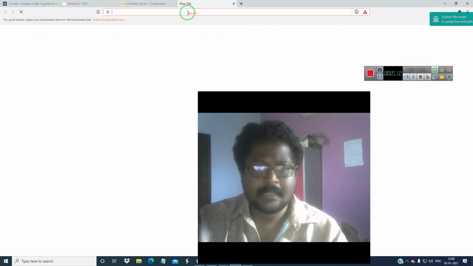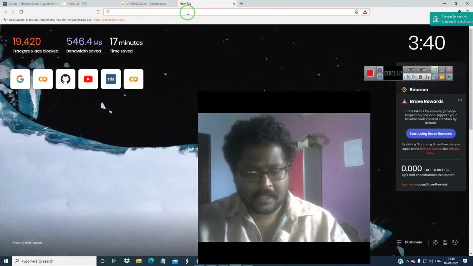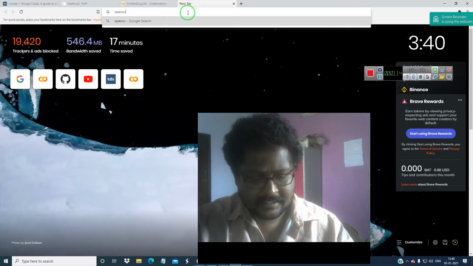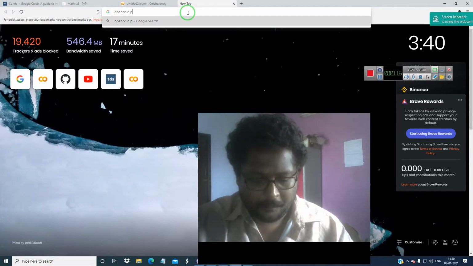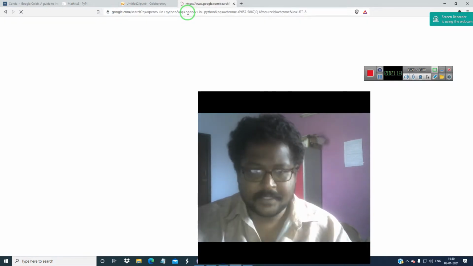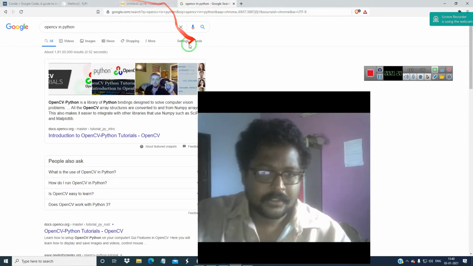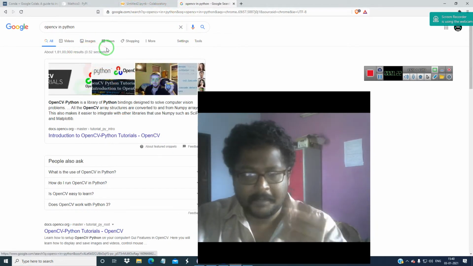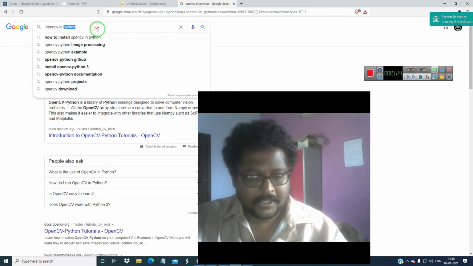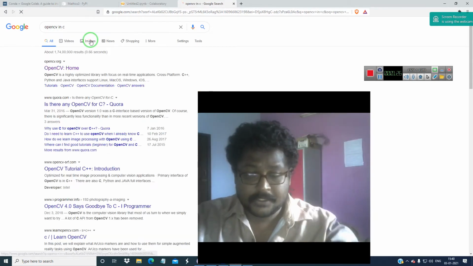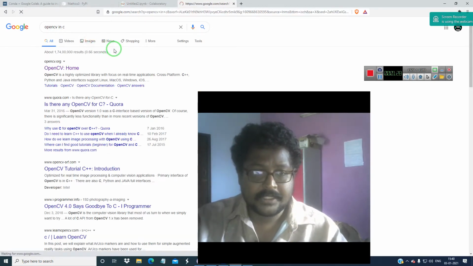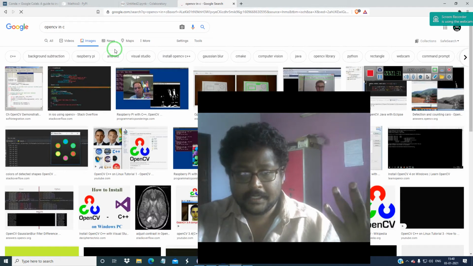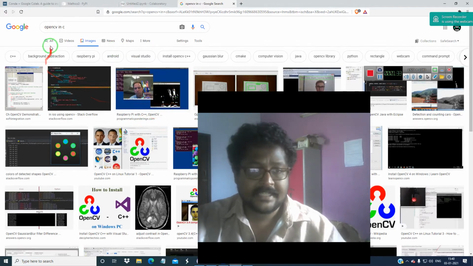They have been asking me what OpenCV is. Okay, OpenCV in Python is different from OpenCV in C. This is OpenCV in Python. Just pip install it. For C, it is a very long procedure. Okay, it is a very long procedure. You have to do it very hard. In C it is very difficult.